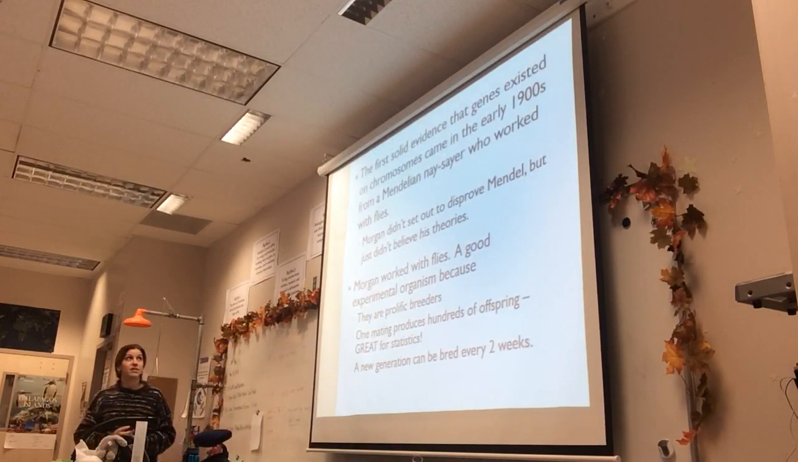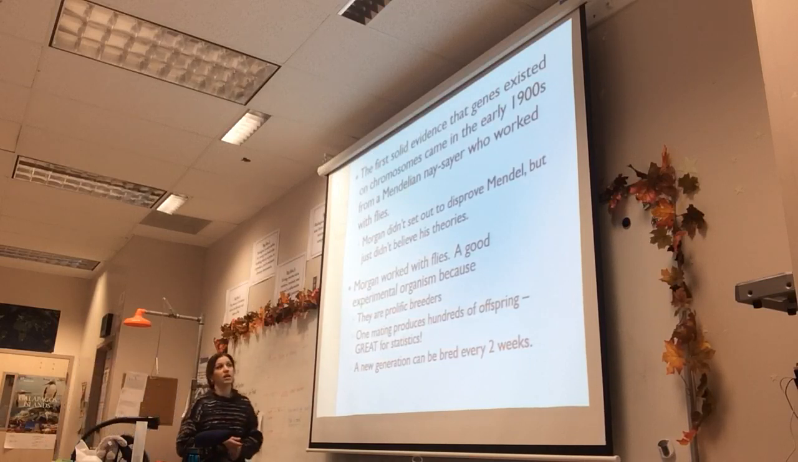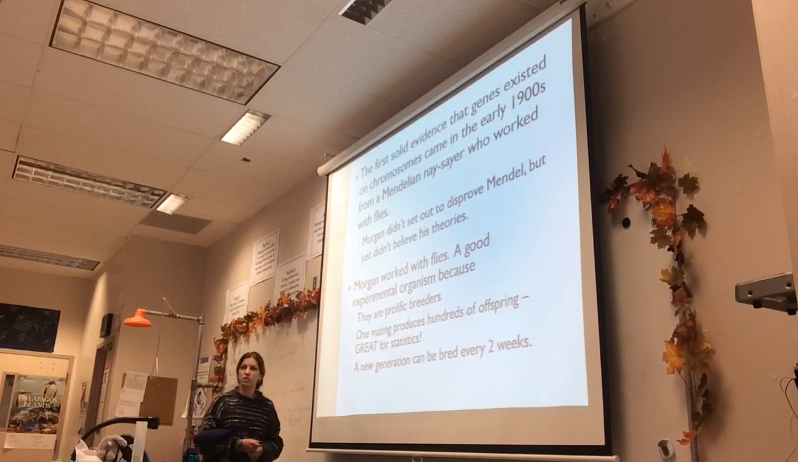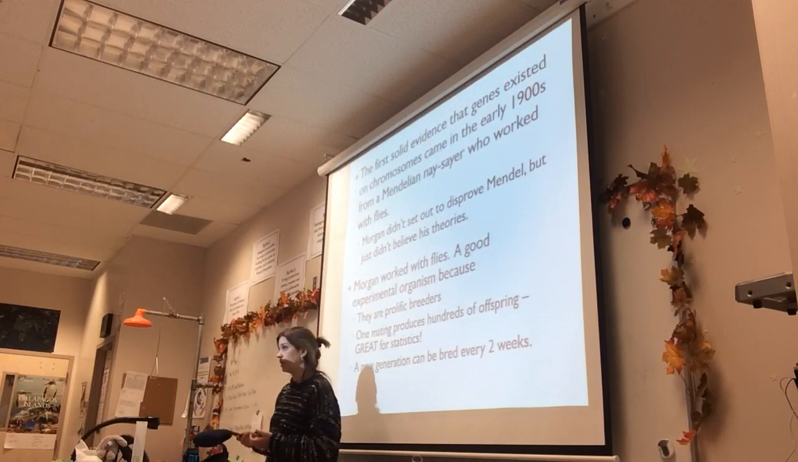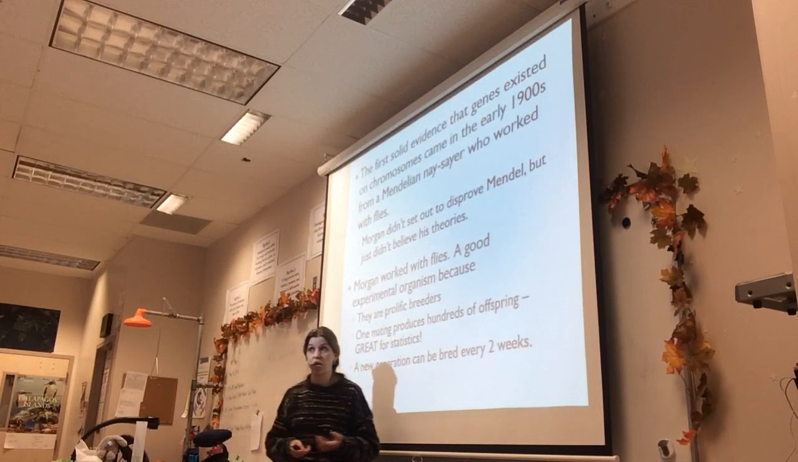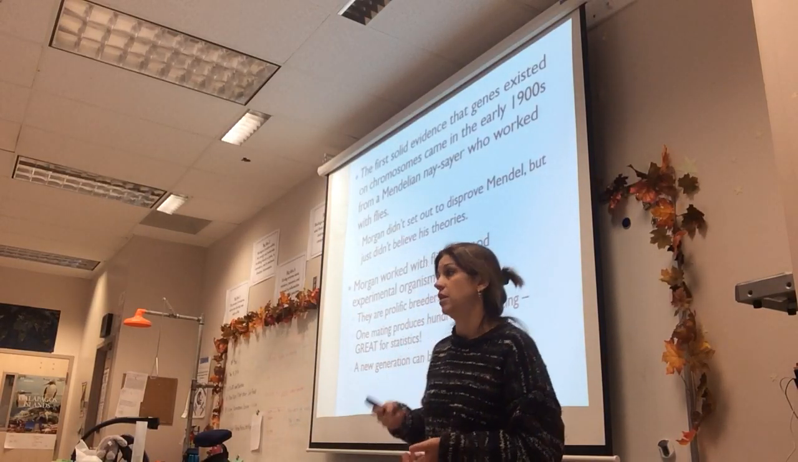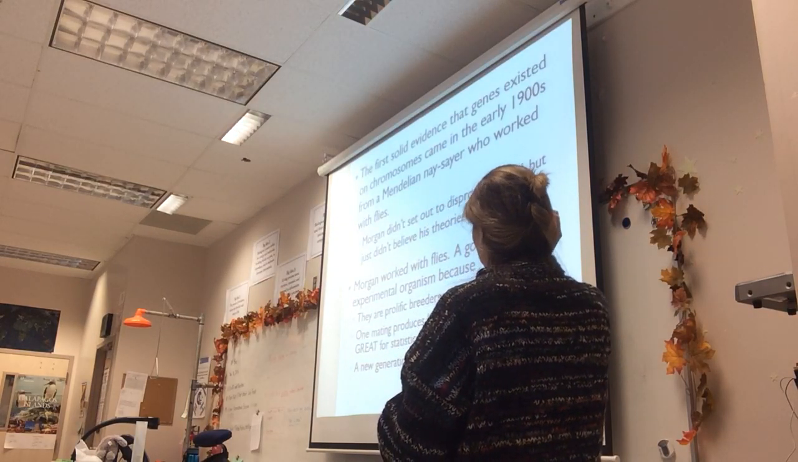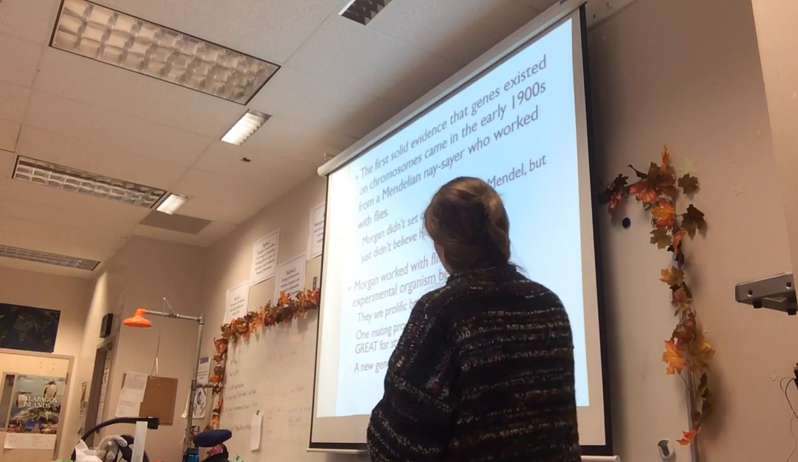So the first solid evidence that genes existed on chromosomes came in the early 1900s from a guy named Dr. Morgan. Dr. Morgan was a geneticist, but he actually didn't believe much of Mendel's work. He felt like Mendel wasn't a true scientist because he was a monk, and that Mendel had spent a lot of time collecting a lot of data, but he just didn't have the background to be making the claims that he was making. And so Morgan didn't actually set out to disprove Mendel, but he just didn't believe what he had to say. So Morgan worked with flies,